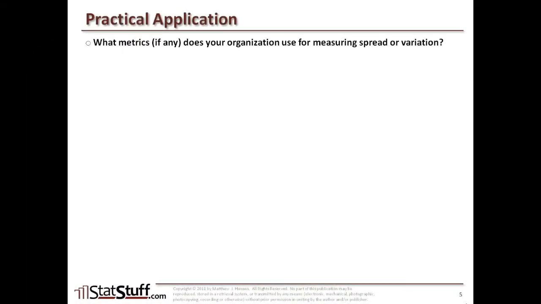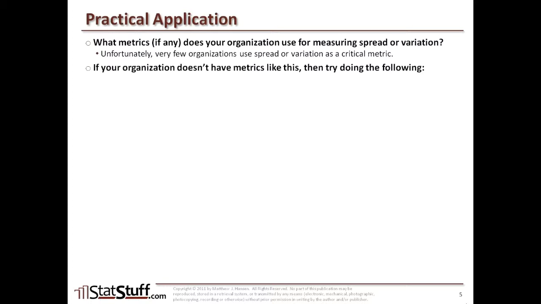All right, before we close this lesson, let's discuss how we can apply some of these concepts in a practical way. Well, what are some metrics that you might have in your organization that are used for measuring spread or variation? Unfortunately, there aren't going to be many organizations that actually use spread or variation as a critical metric. So if you can't find any, then that might actually be more typical of what you see in a lot of organizations out there. So if your organization does not have any metrics like this for measuring spread or variation,